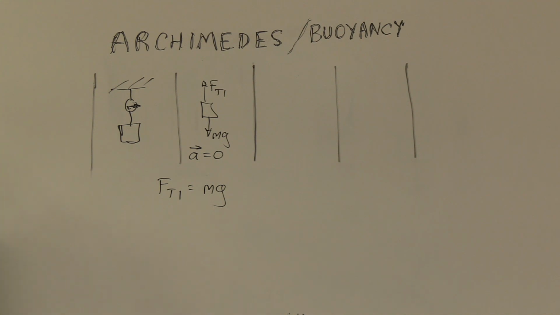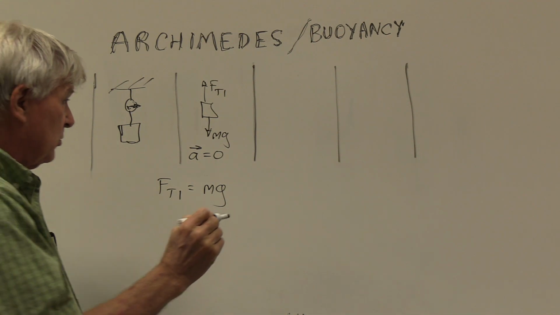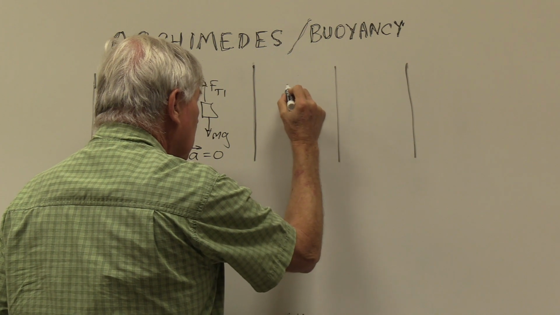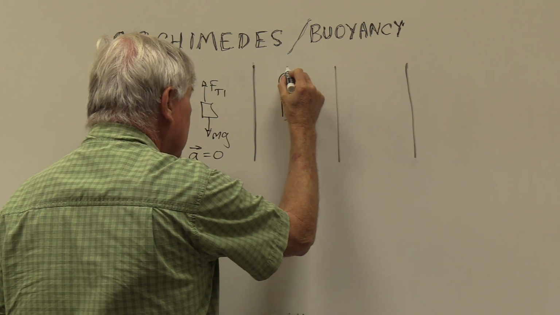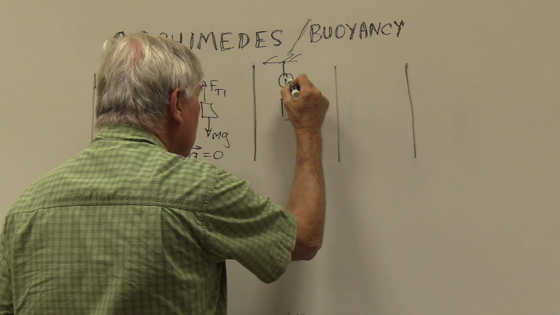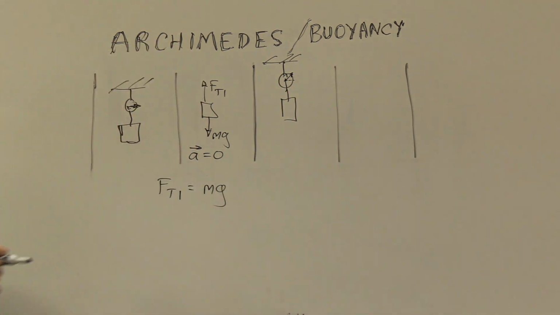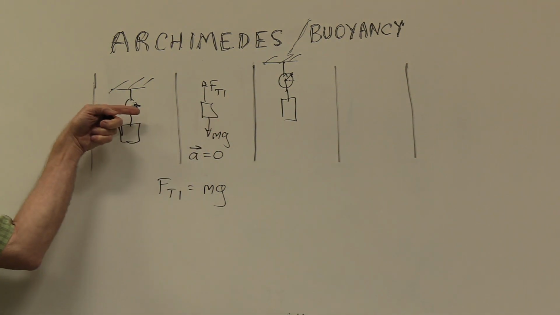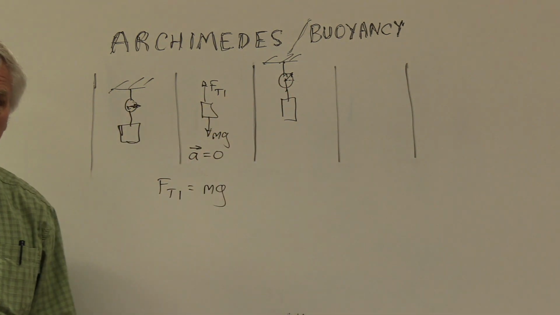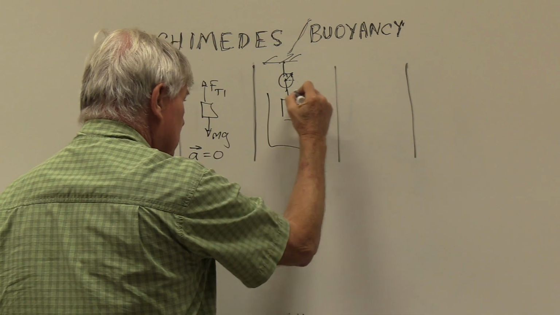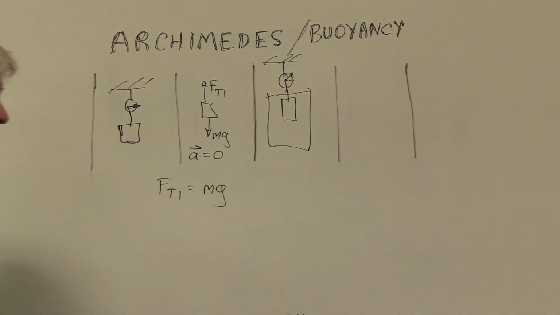Now, next thing we're going to do is imagine submerging this in water. So we will picture, then, we would have the spring scale with a different deflection on the needle. The difference in the deflection from one to the other represents the buoyancy force. And well, I guess there's some water around this. There we go. Now the free body diagram now